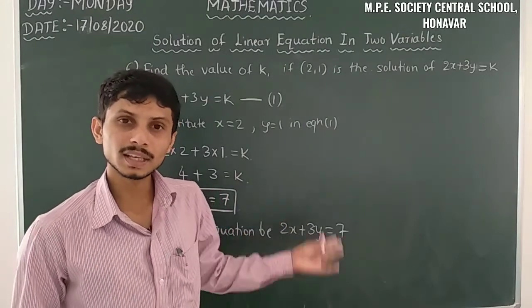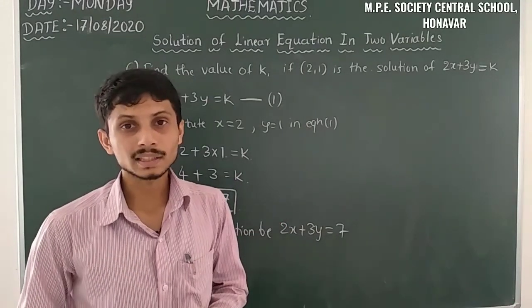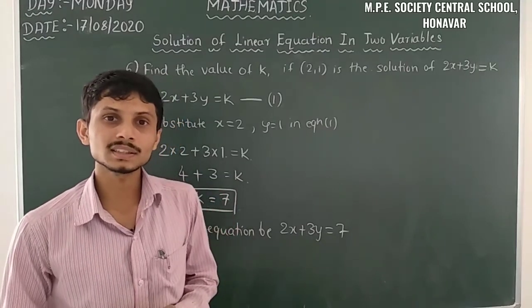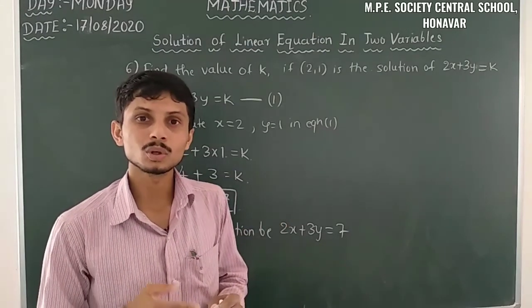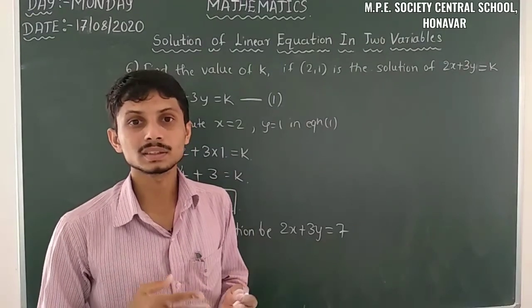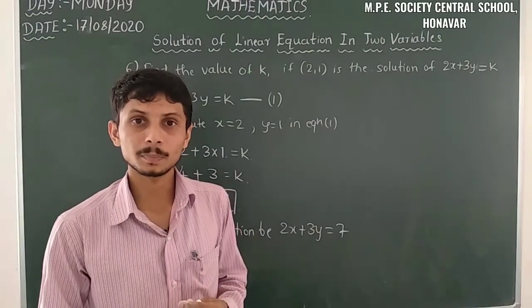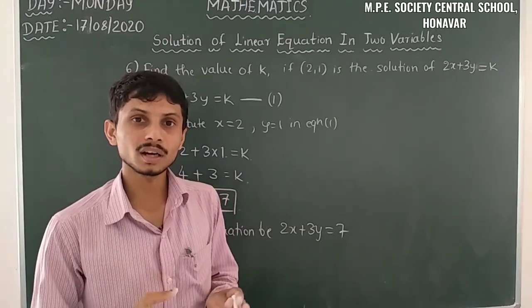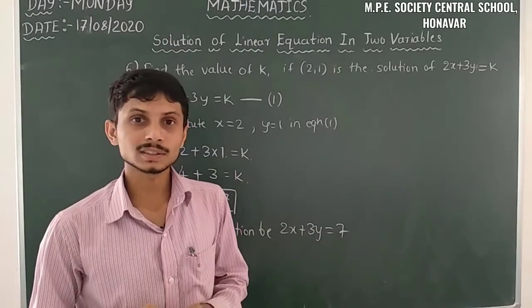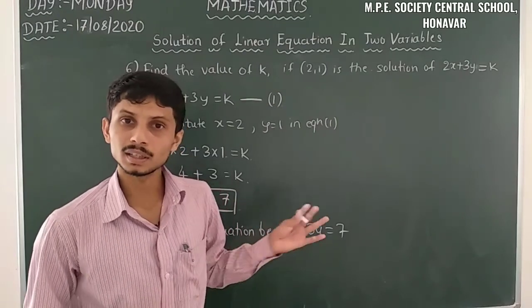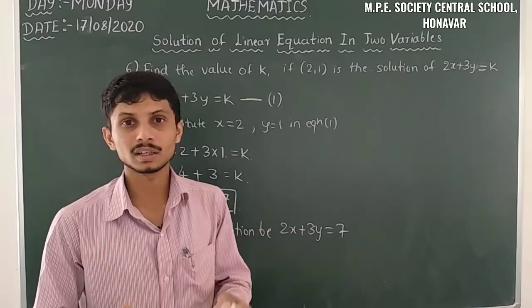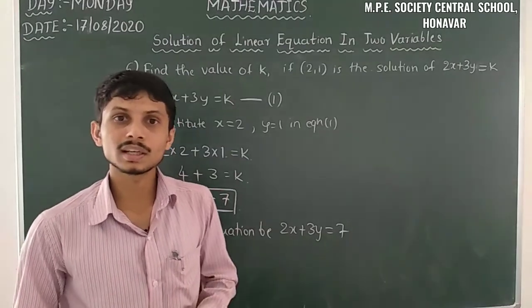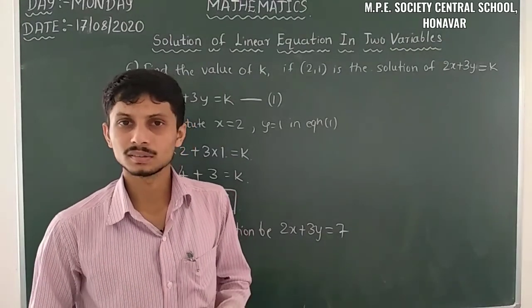Here we can take rational numbers also. There is a chance that when we have to plot those coordinates on the graphical or Cartesian plane, there we want integers as the x coordinate and y coordinate. But here there is no problem for that. You can take any value and you can get rational numbers as the y coordinate.